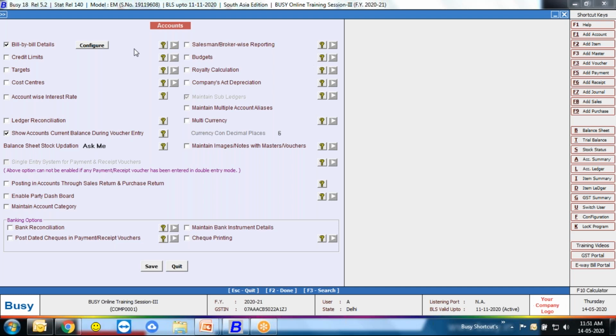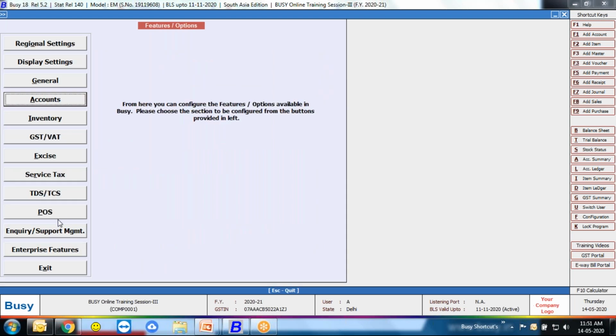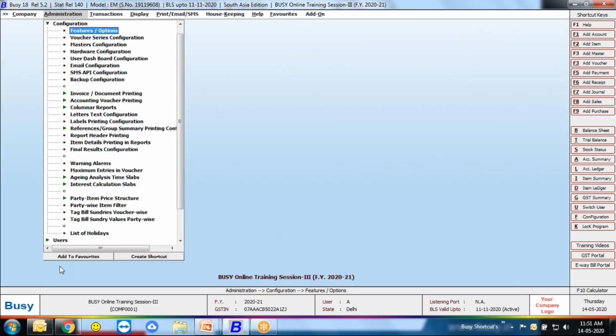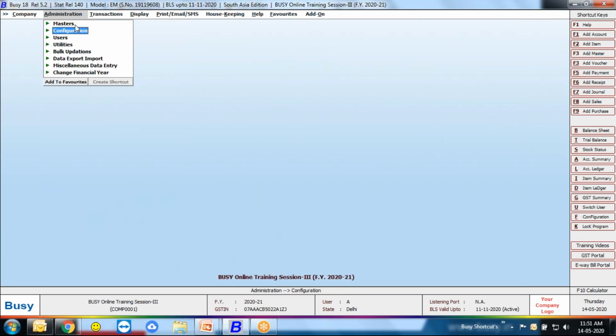Bill by bill means, let's suppose I'm making sales transactions, multiple sales transactions with a party on a routine basis. Like if I'm creating 2 or 3 invoices daily to a party on credit, not on payment basis, not on cash basis, on credit basis.